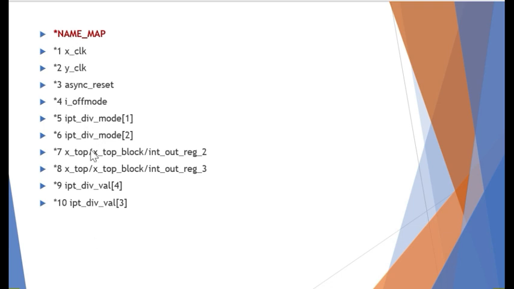As you can see here, this particular register is given the index 7. So whenever we want to use this particular register in the SPEF file, instead of using this whole name, we will be using the number 7. So this is how we have assigned the index to these net names and instance names in the name map section, and we will be using these instead of their actual names in the SPEF file.